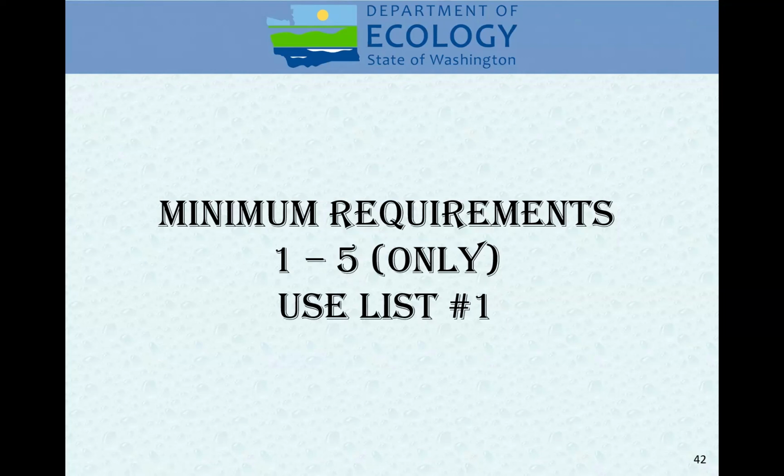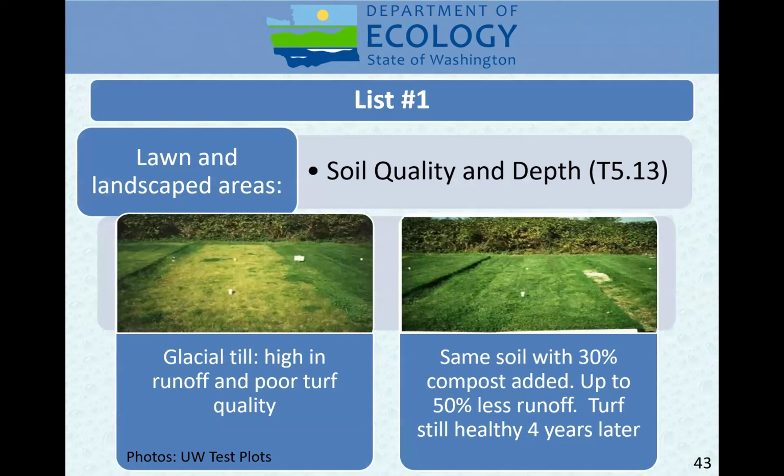Those are projects that are greater than 2,000 square feet, but less than 5,000 square feet of new and replaced hard surface. You use list number 1, and I'll take you through list number 1. List number 1 for lawn and landscape areas is you have to add soil quality and depth for all the land disturbed on your site during construction that wasn't built on, so that lawn that people drove on was disturbed during the construction, they have to do this. They have to put soil quality and depth on that area and then